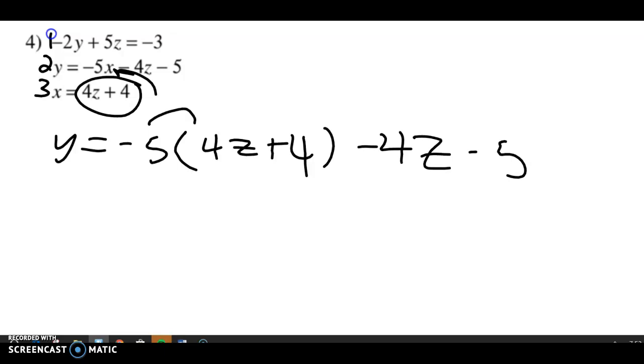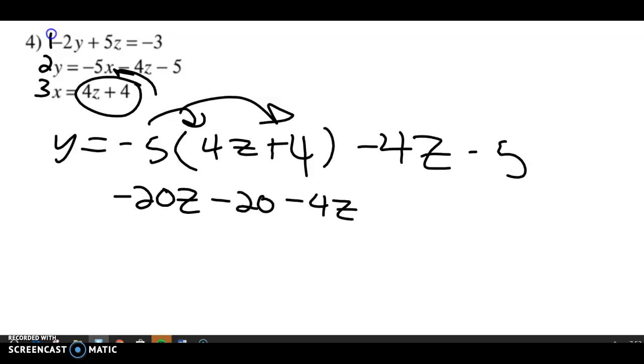I now distribute, and I get negative 20z minus 20 minus 4z minus 5. When I simplify, I get y is equal to negative 24z minus